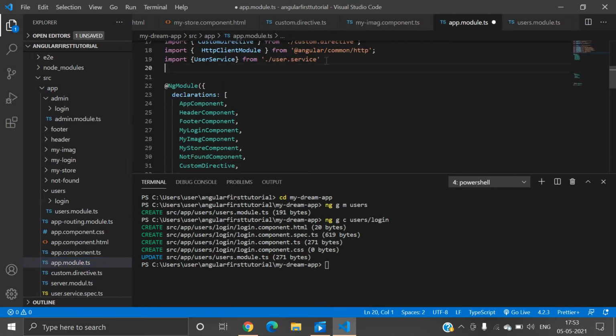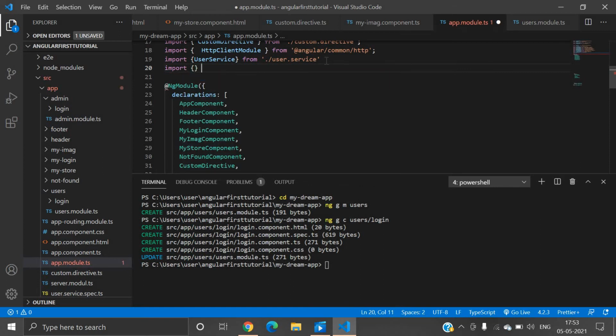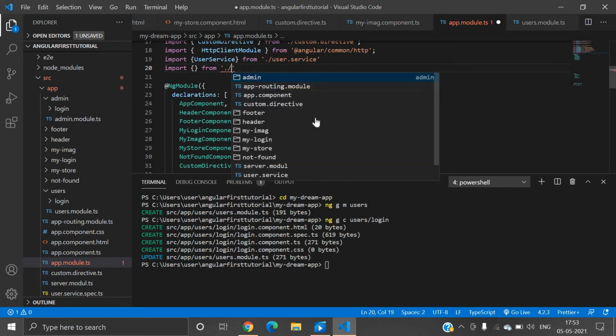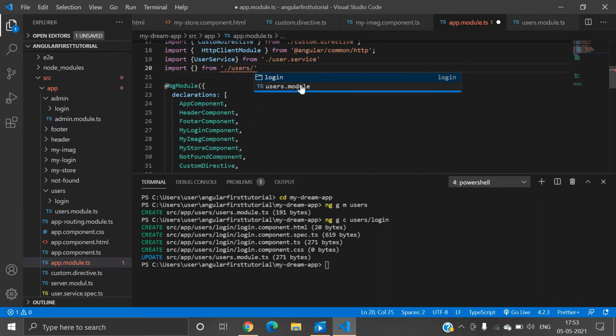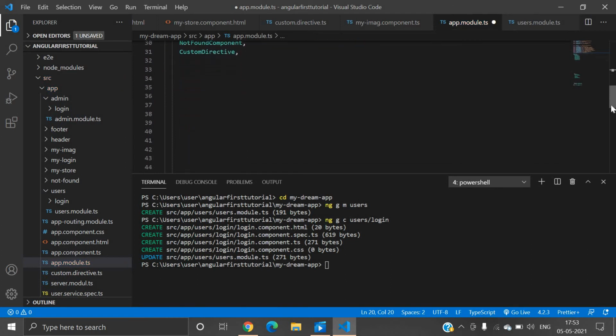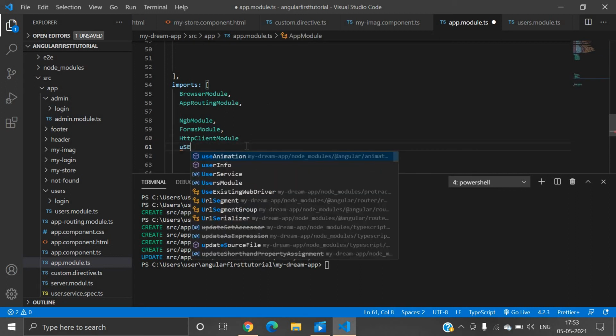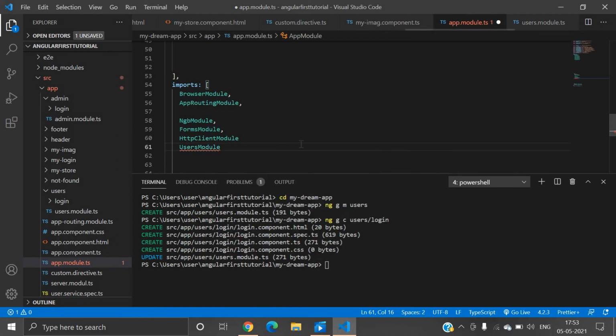So let's import the users module. Inside the users folder I will use users.module, and after that I will just add it inside the imports array. I will write UsersModule here, right?